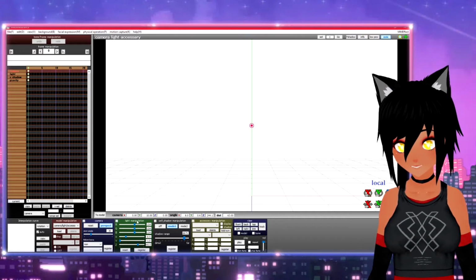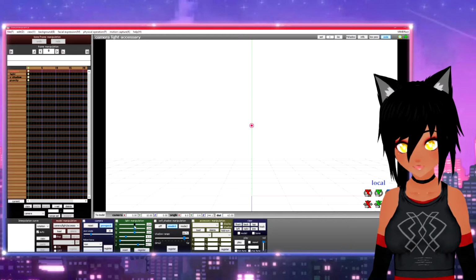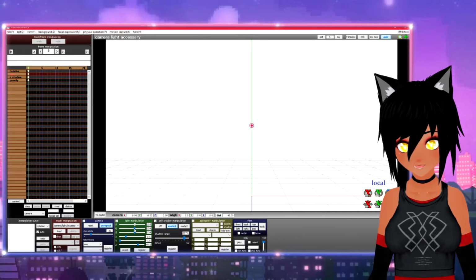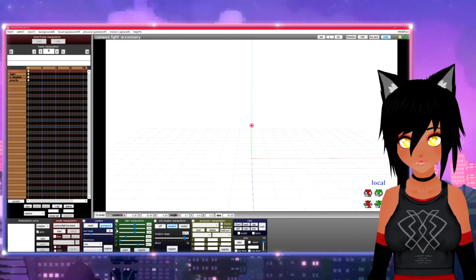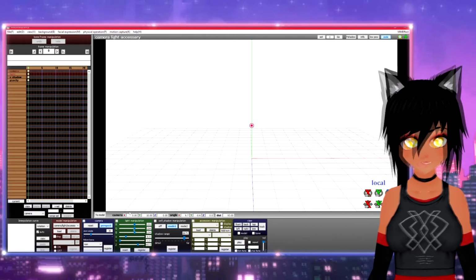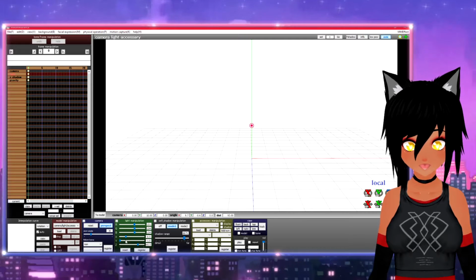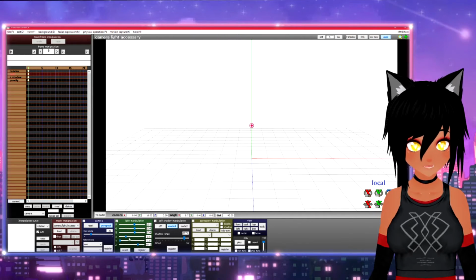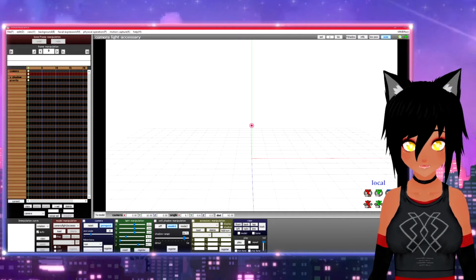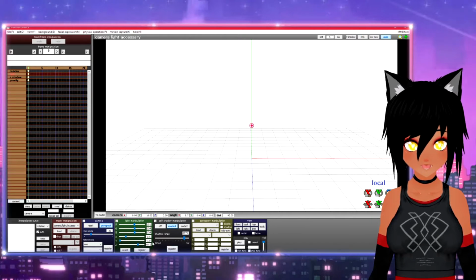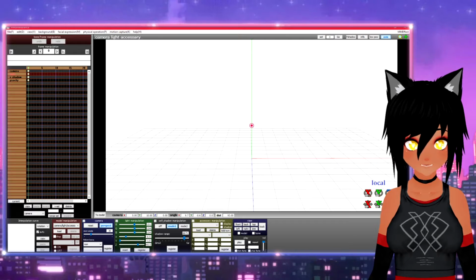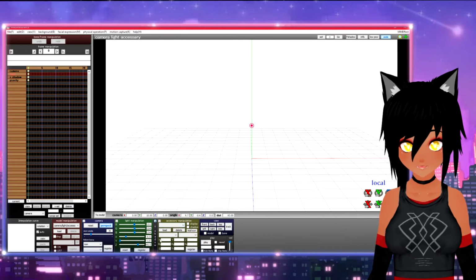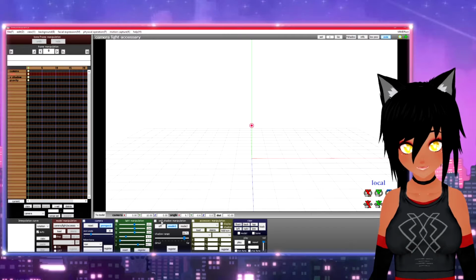Now this green is light manipulation, and I don't know if it'll show. No, it won't show because there's nothing loaded. But RGB, red, green, and blue. I'll show it again when I load something up. And then X, Y, and Z, I will skip all that for now because that's hard to explain with nothing here. Self shadow manipulation. Honestly, I don't use this. I don't know what that is. Let's click that and pretend like it's not there. No, I'm just kidding. I'll leave it up there.